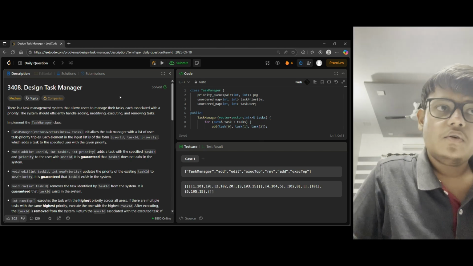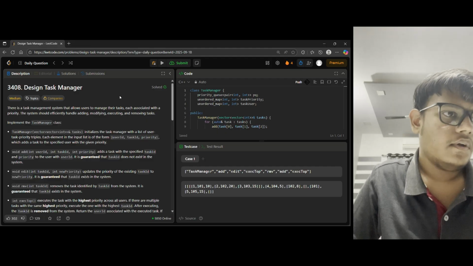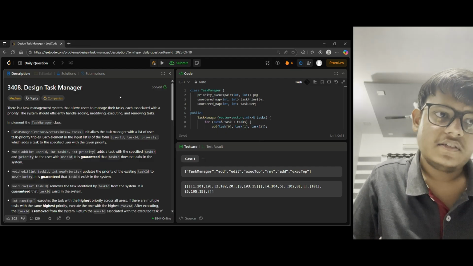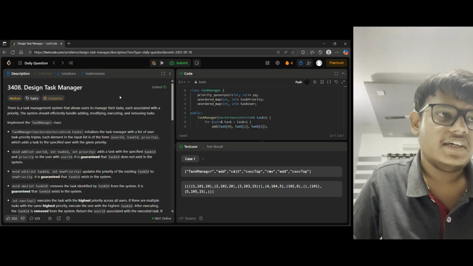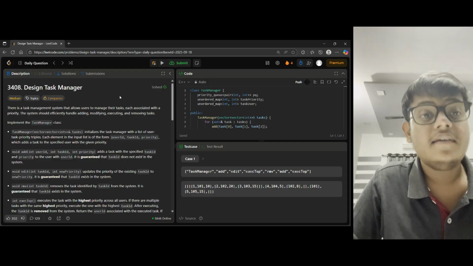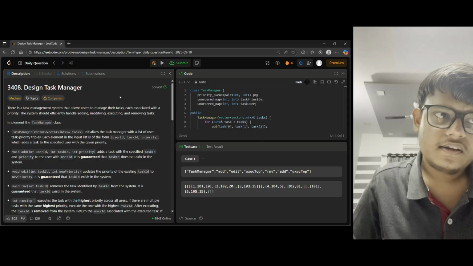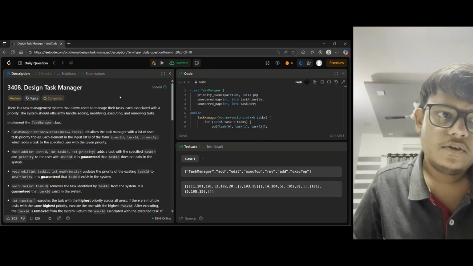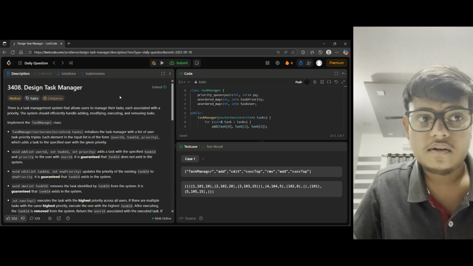So hello everyone, today we are going to solve the design task manager problem. There is a task management system that allows users to manage their tasks, each associated with a priority. The system should be efficient and handle adding, modifying, executing and removing tasks. Implement the task manager class where you will be given a tasks 2D vector